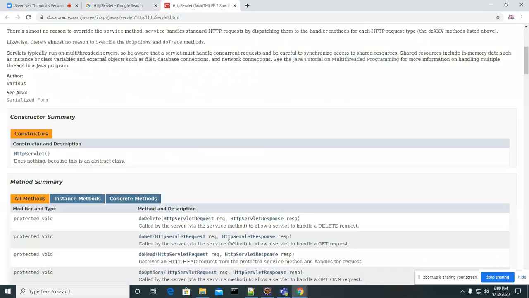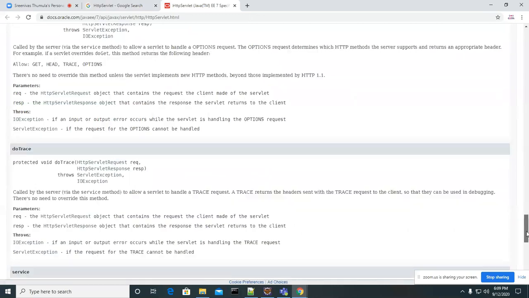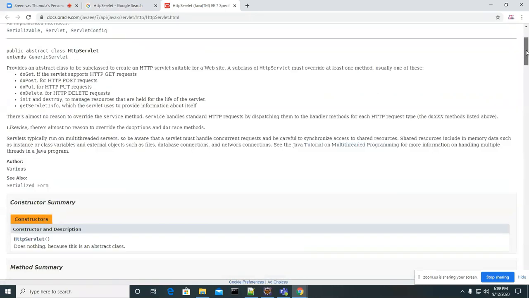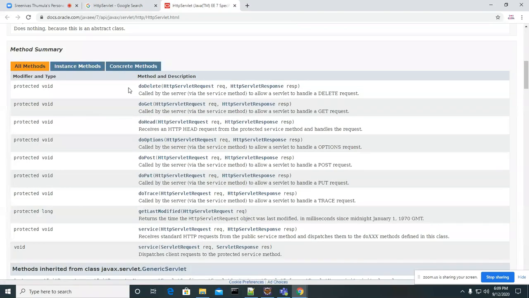So if you look at this HttpServlet program, we have doDelete, doGet, doHead, doOptions, doPost, doPut, doTrace, like this. We have many doXXX methods.